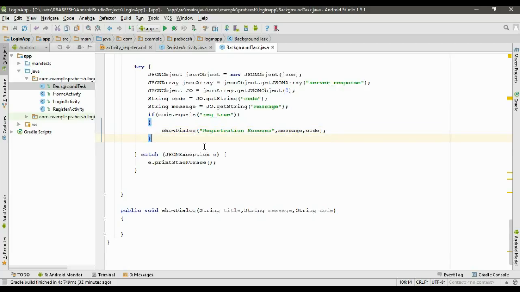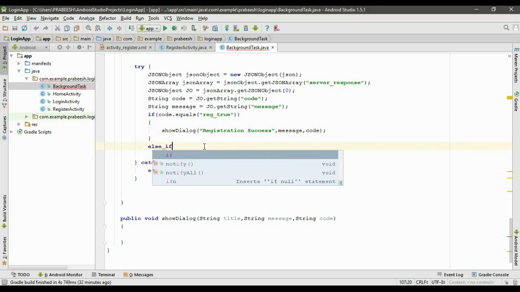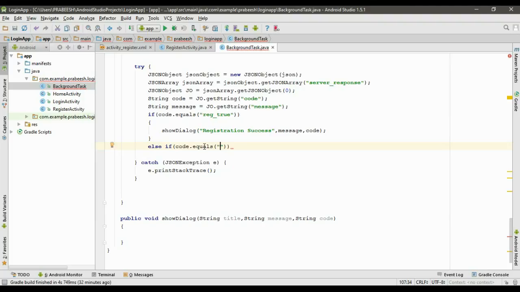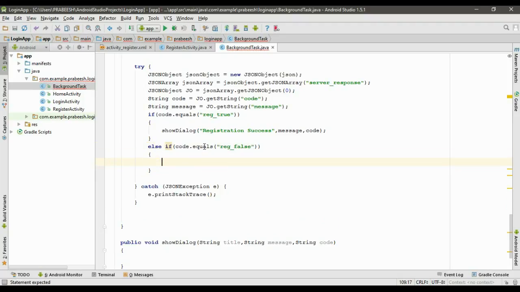Okay, else if code dot equals reg false, that means registration failed, again we have to call the same method. So copy this statement and paste it here and change the title into registration failed. Okay,